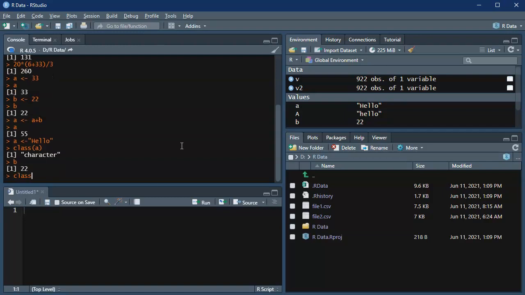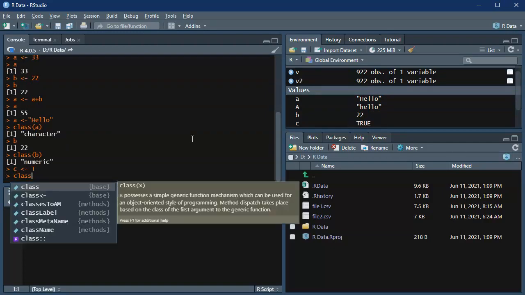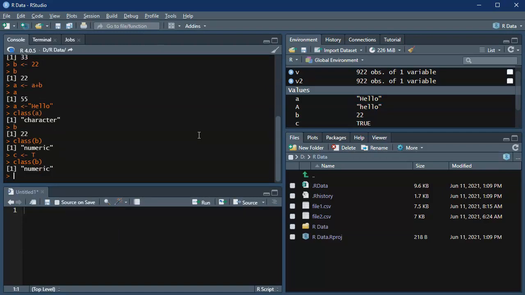B is 22 and the class of B, and I can specify a true value for the variable C, and the option is to do either T or F for true or false, and that's sufficient. And if I go and check the class of C, it's a logical value, and the value is true. Of course, I can change the value of that. Say, for instance, I do C is going to be now false,